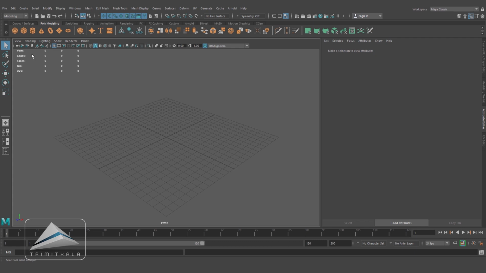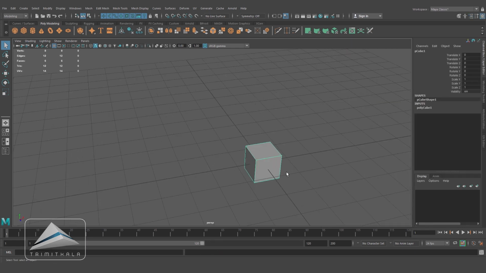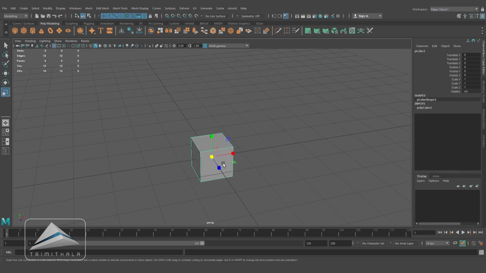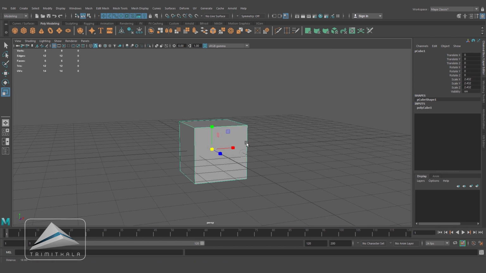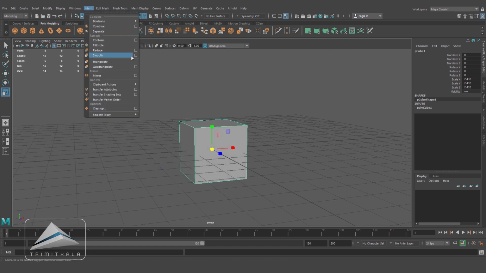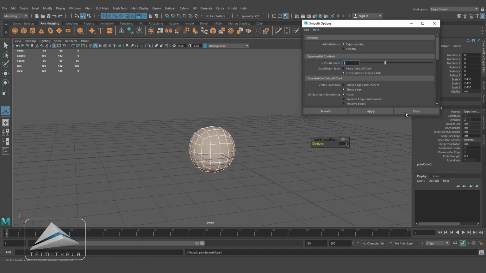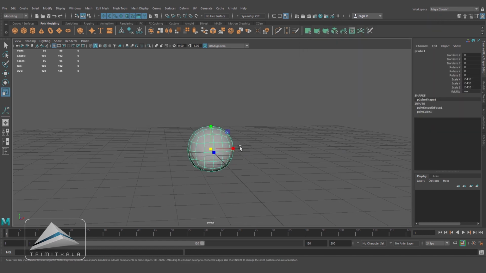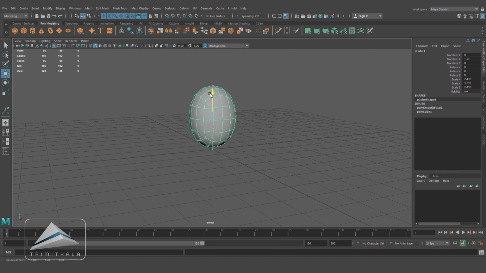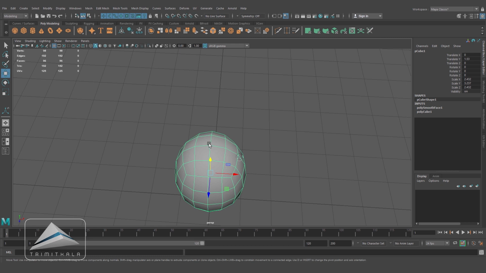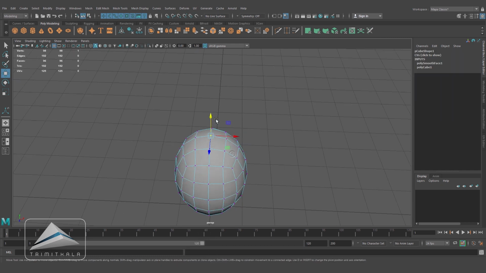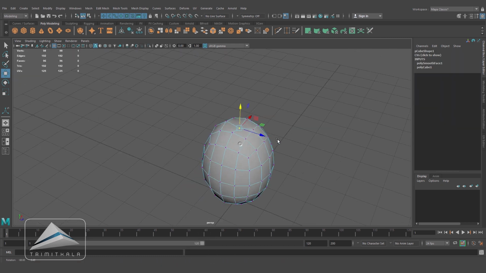I'm starting with a cube, and let's go close and scale it up a little bit. Going to Mesh, Smooth, and in the second subdivision level I'm applying smoothness. Let's scale it up in the Y-axis, and you can see already it is looking like a grape. Selecting the middle vertex and pushing it inside. Alright,